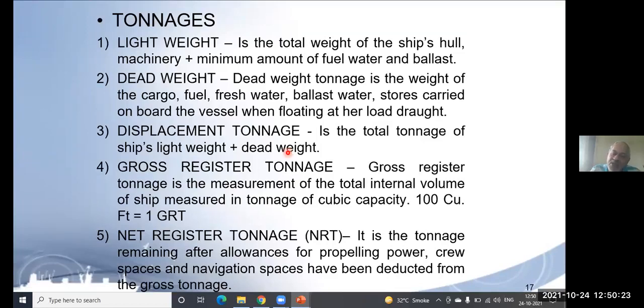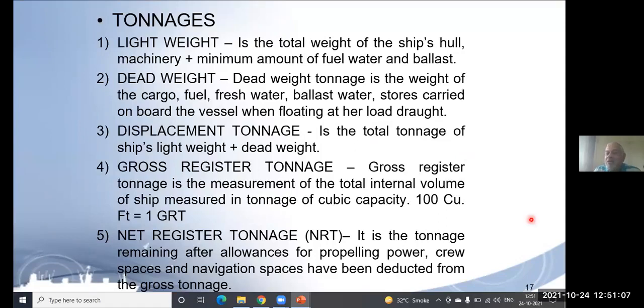So suppose you are having 33 tons of cargo, do you require ballast? No, sir. End of story. Okay. So suppose you are having 20 tons of cargo, then how much ballast will you require? 13 tons. 13, yes, very correct. Okay. So these three things are very easy to remember. All these three things, light weight, dead weight, and displacement, are actual measurements of weight. That means if you go to the weighbridge and do a weight measurement, you will get it. Okay, actual weight.